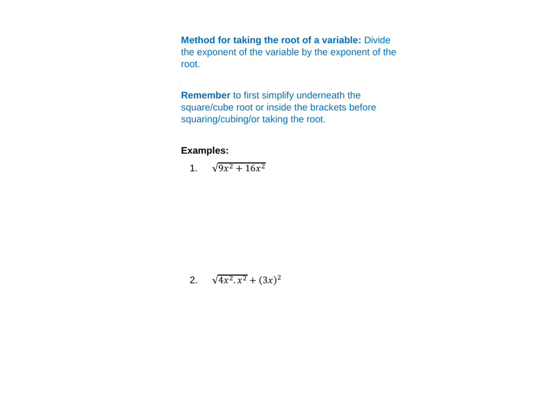So if we have a method that we can write down, it is that you divide the exponent of the variable by the exponent of the root. Okay, so that's finding the root of a variable. And remember, you first simplify underneath the square or the cube root, or inside the brackets, before you square, cube, or find the root of any such thing. So in the examples over here, first thing,